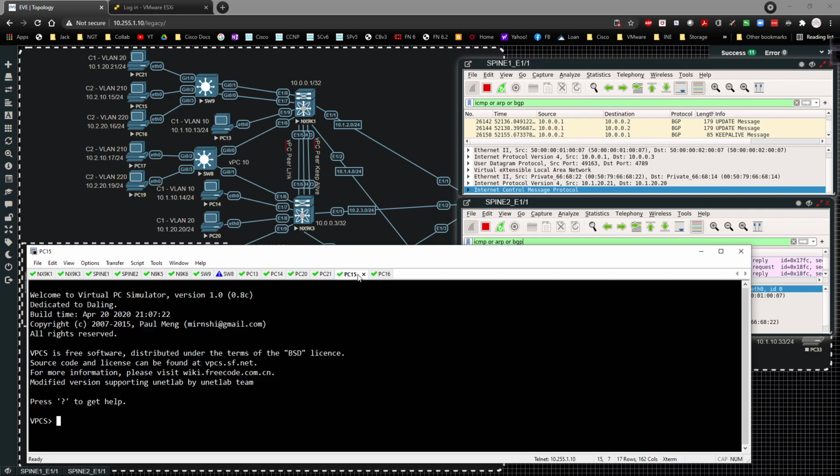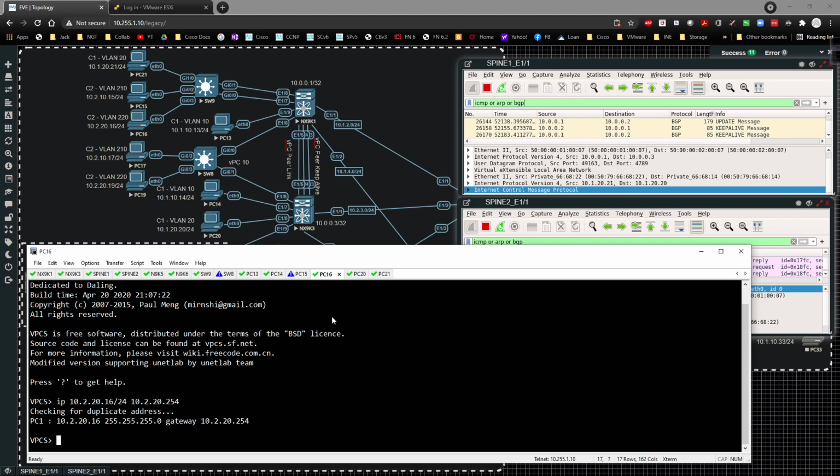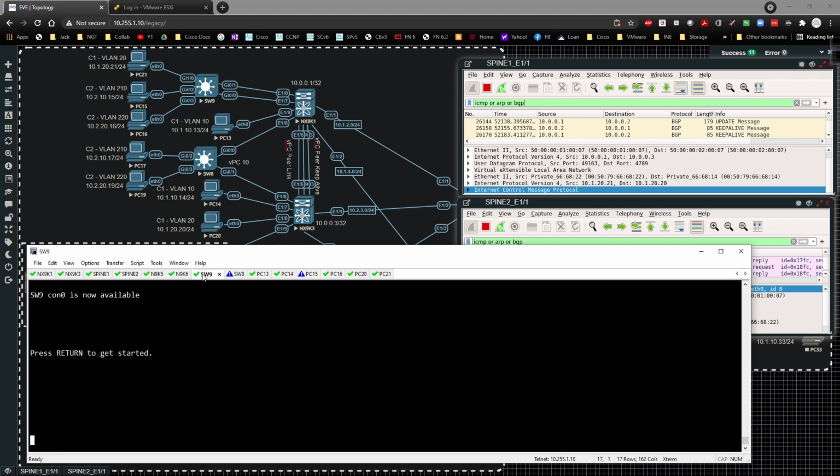PC15. Let's go ahead and move him down here just a little bit so at least he's in the proper order. PC15, I'm going to say IP, in this case here, will be 10.2.10.15/24 to 10.2.10.254. And the same thing with 16, we're going to say IP will be, in this case here, 10.2.20.16/24 to 10.2.20.254. And then what I'm going to go do is on switch 9, I'm going to go ahead